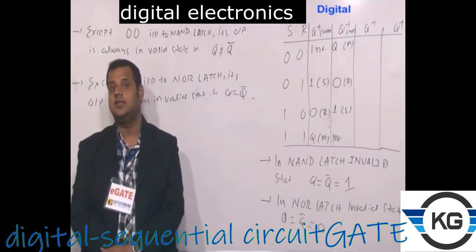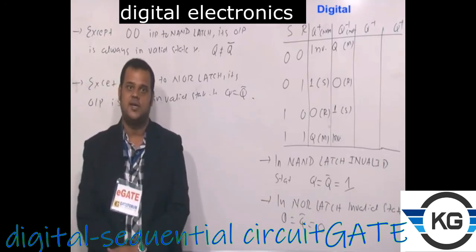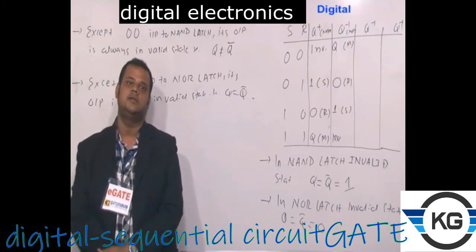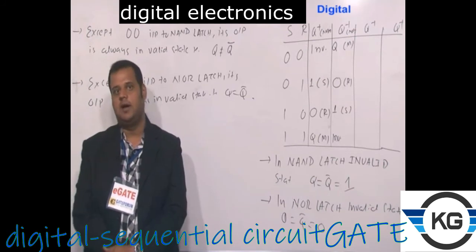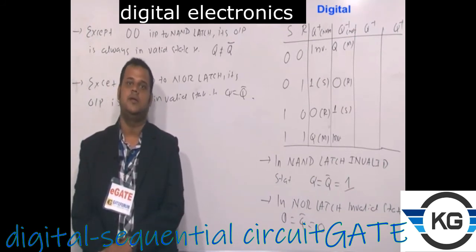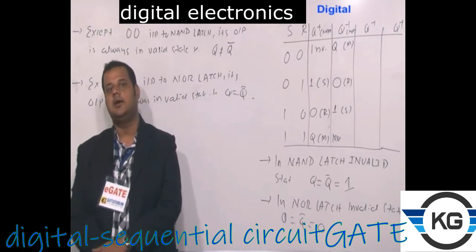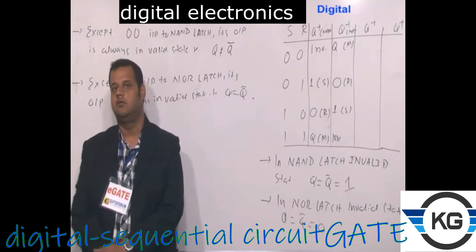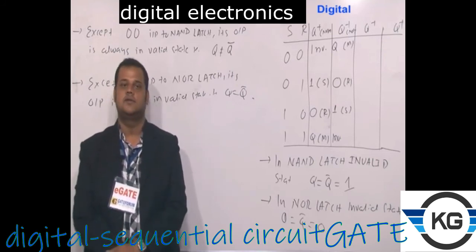Please give an example of active low encoder. Active high encoder, the encoder I gave you yesterday, Aditi, that is known as active high encoder. What is the meaning of that? At a time, out of all the inputs, only one input will be high, the remaining will be 0. So active low means, at a time, only one input will be 0, the remaining all will be 1. And the functionality remains the same.